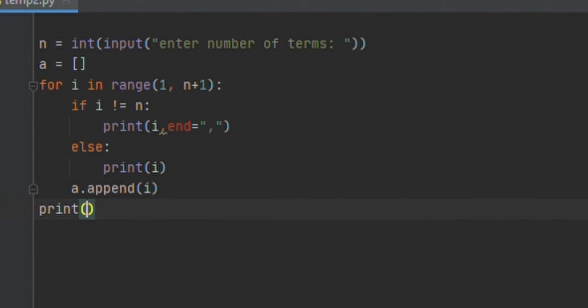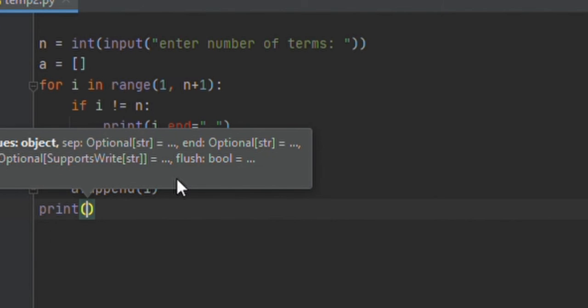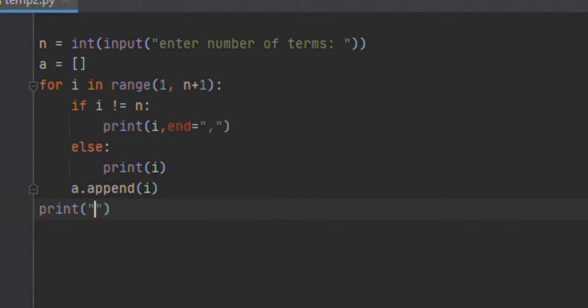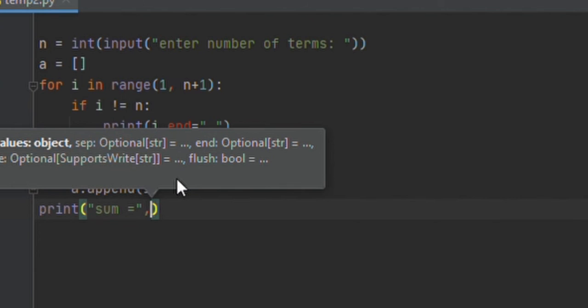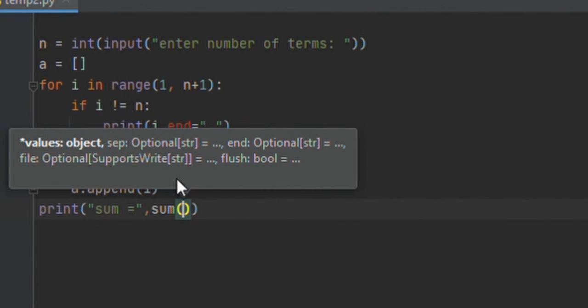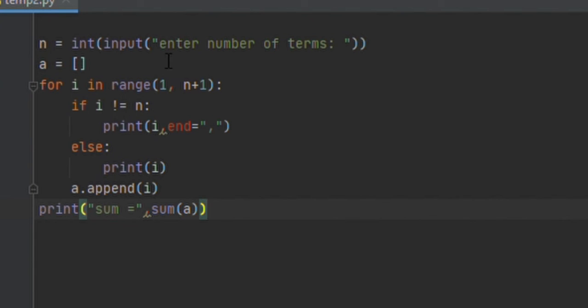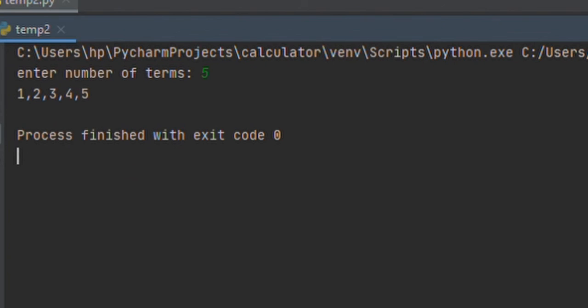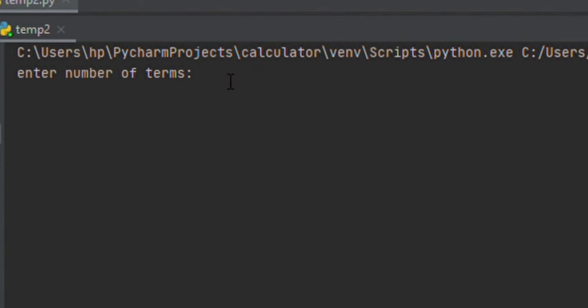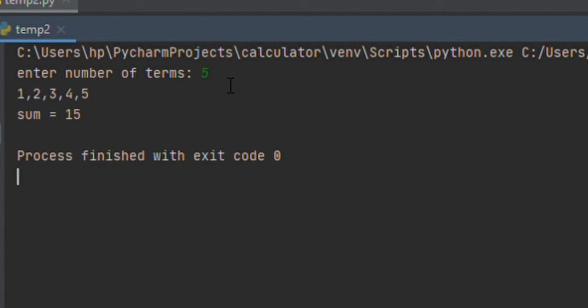print(sum of a). Sum is a function, it will give the sum of a. So 5, yeah, 15. Okay,